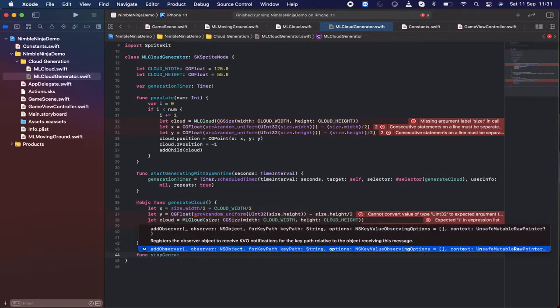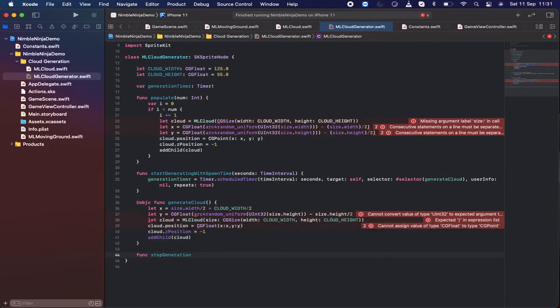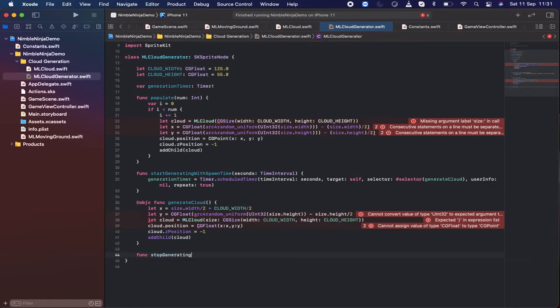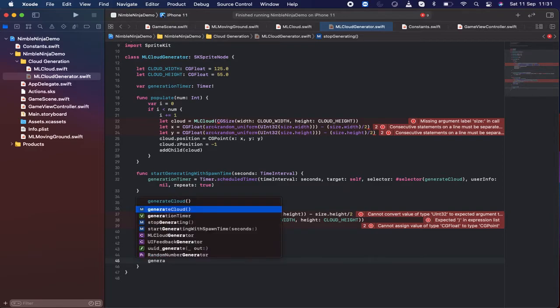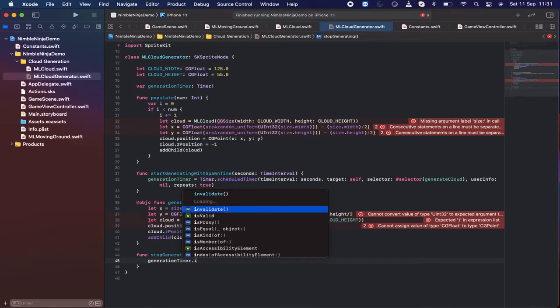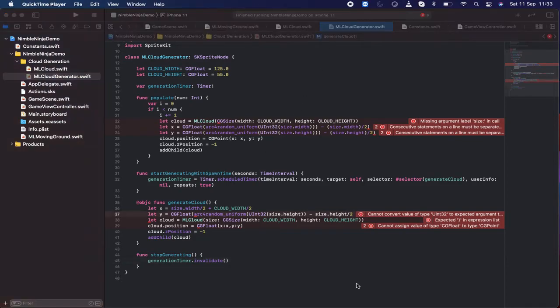stop generation, or else stop generating. And I need to remove the timer, so it will be generation timer dot invalidate, which means when the game is over, I need to invalidate this timer, otherwise there will be a bug inside our game. Alright,